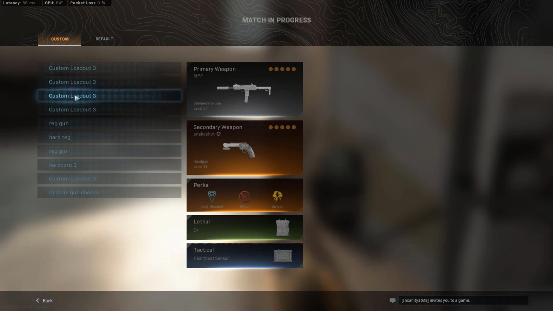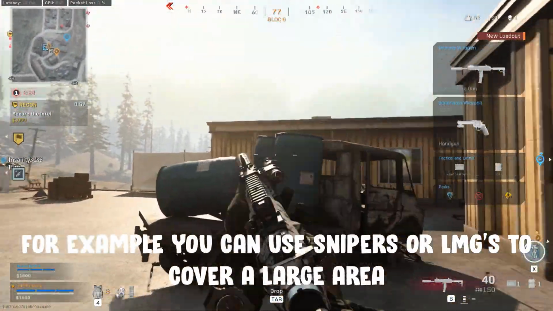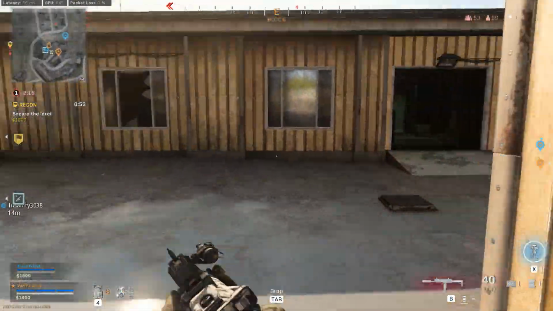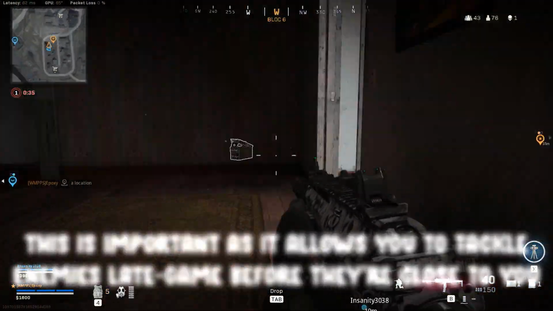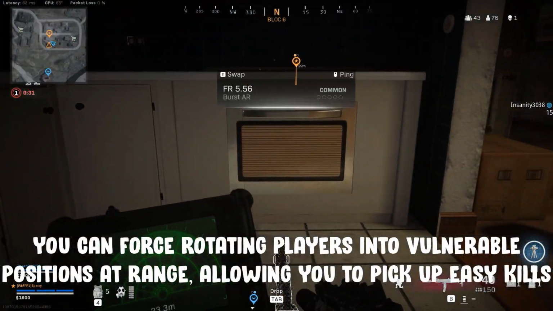I would recommend packing weapons that can cover a variety of ranges. Me and my partner regularly run LMGs and sniper rifles between us. This gives us the ability to challenge enemies across all ranges. Late game, this means you can pick off enemies whenever they're exposed. As other players are rotating towards you, you can pin them down in difficult to defend areas with long range